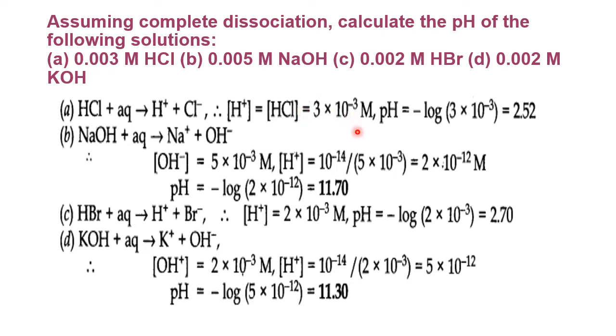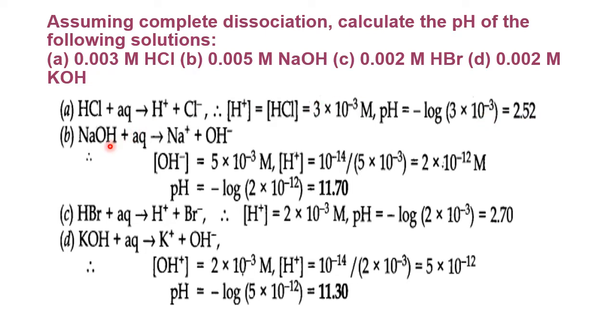Now, what is pH equal to? pH equals minus log hydrogen ion concentration. So, minus log, this is the hydrogen ion concentration. You apply the logarithmic rule: log A into B equals log A plus log B. Log A is log 3, plus log B is 3 log 10. 3 log 10 is 3, since log 10 is 1. So you subtract 3 from the log 3 value by seeing the logarithmic table. The answer is 2.52.